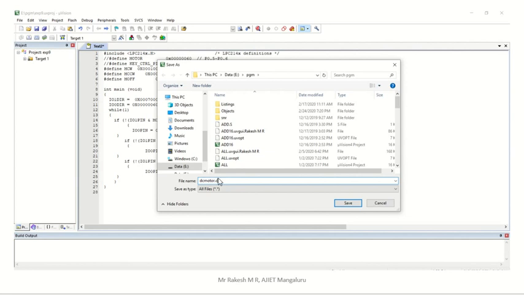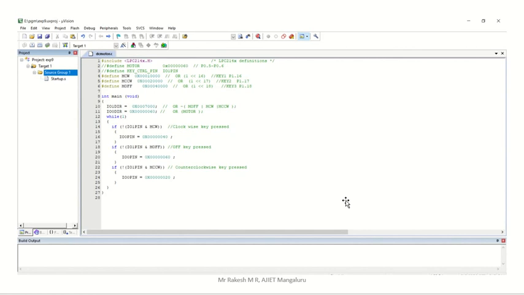Here we have to store all programs in part B with the extension .c. So type your program name .c. Then click on save, and save it in your particular folder itself. Wherever you created the project, there itself you have to save your code also.